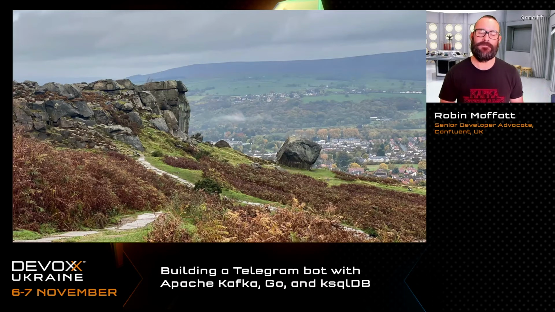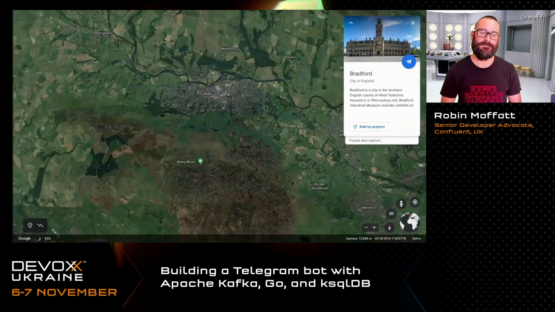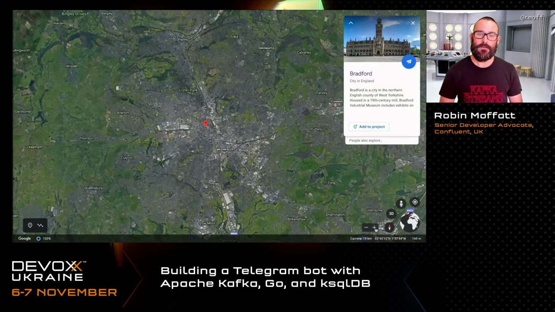I live in this lovely place called Ilkley, in Yorkshire in the north of England. Ilkley is lovely, but there are not tons of big shops and cinemas. So often I'll need to travel from Ilkley to my nearest city, Bradford. I'll sometimes drive there, and on the way into Bradford, I'll be thinking, which car park am I